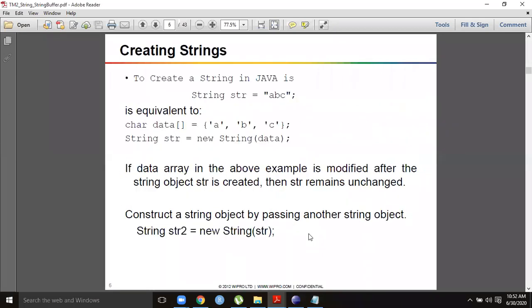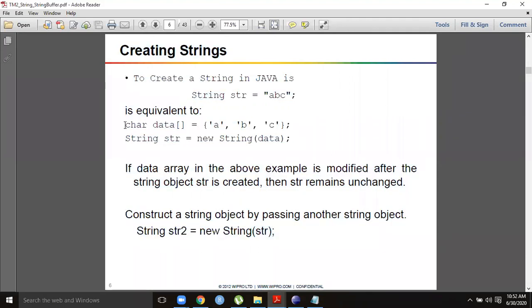Okay. Now you see another way of creating a string. This is also correct. String str equal to "abc". A string must be enclosed within double quotes, "abc". So now the content of the string is abc. That is also okay. Next, you see the same thing. This part is the same as the part above.